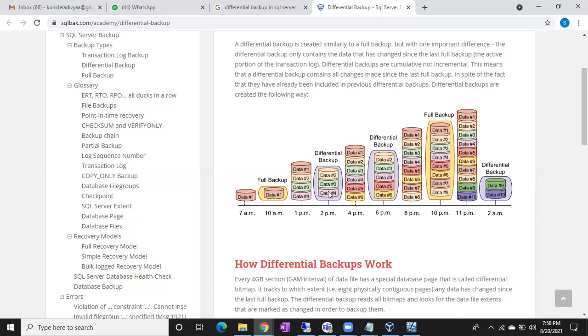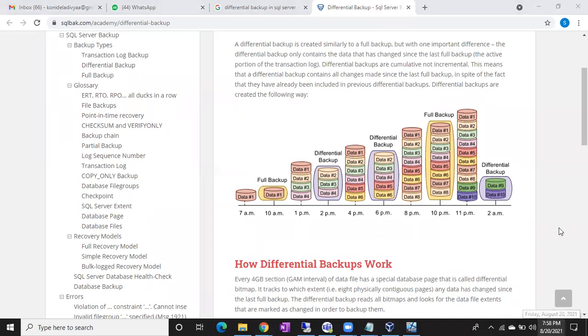Or else, your database is corrupted on Saturday. Sunday, usually the full backup job is going to run. We will discuss what is meant by a job, how to configure jobs, how to configure a backup job. So Sunday, usually my full backup job will run. But on Saturday, the database is corrupted. Now, how are we going to restore the database? What are the backups available to you to restore the database? Forget about the differential backup and log backups. As of now, we have only the full backup, right? So we can restore up to last Sunday.